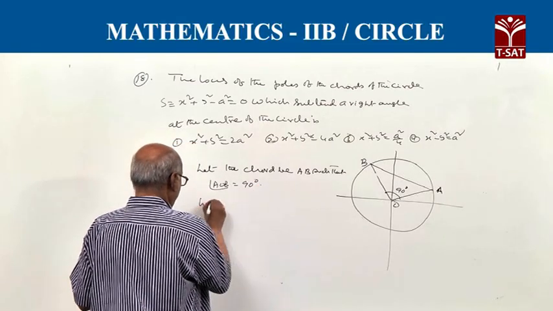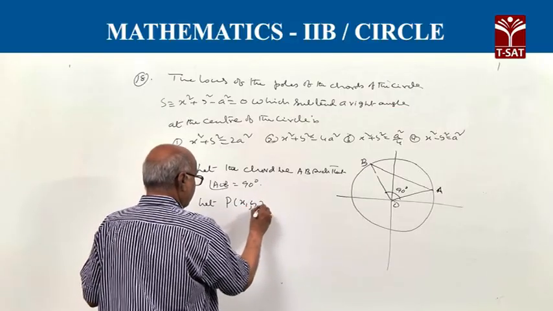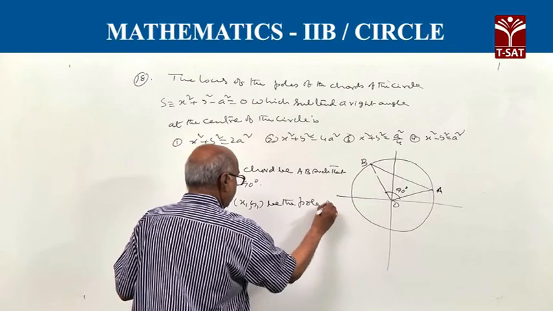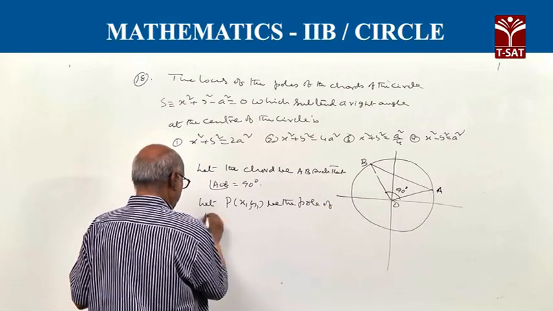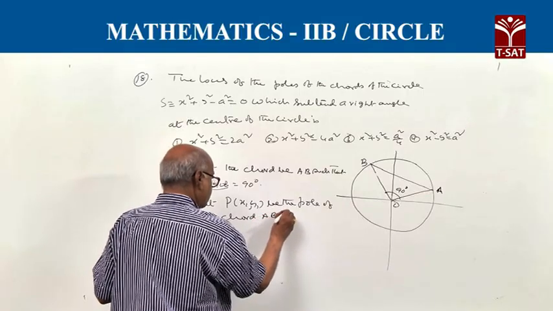Now let P(x1, y1) be the pole of the chord AB,